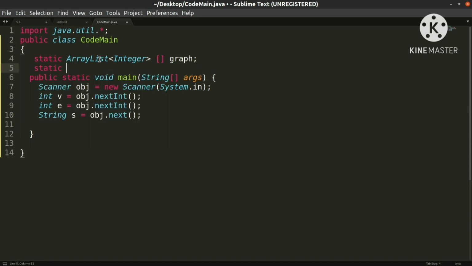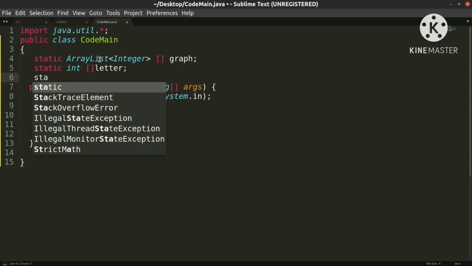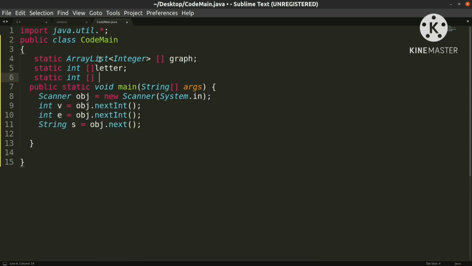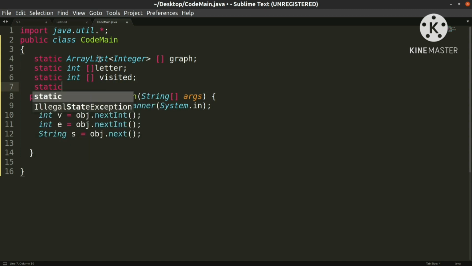Apart from that, I also need one more thing, that is int of letter. This is usually used to map the alphabets in the string, right? a should be mapped to 0, b should be mapped to 1. For that I'm using this. And apart from that, I also need a visited array, because while doing DFS, we need to keep track of what I have visited and what I haven't.